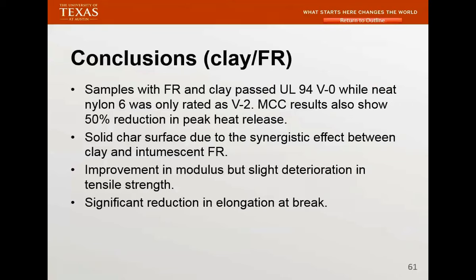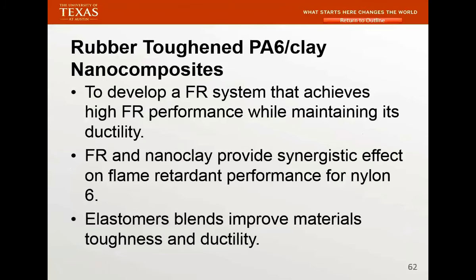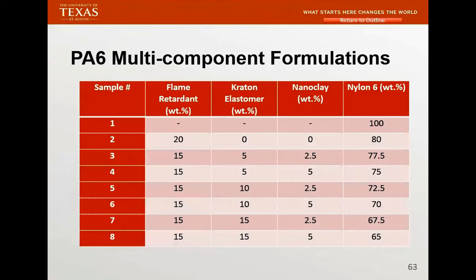Okay, so those are the things we started looking at, and so we go back and we formulate and add one more component, an elastomer, and we were able to bring it up. We did it, and this is what we just talked about, rubber toughened, and we put the elastomer in there, and we were able to find a synergism for the flame retardant, the clay and the elastomer. And let me show you this. This is the formulation we actually came up with.